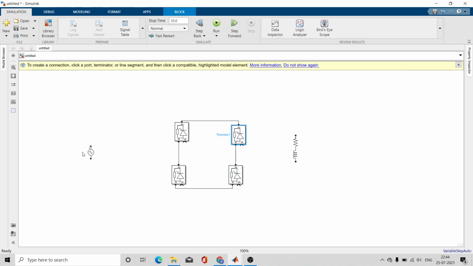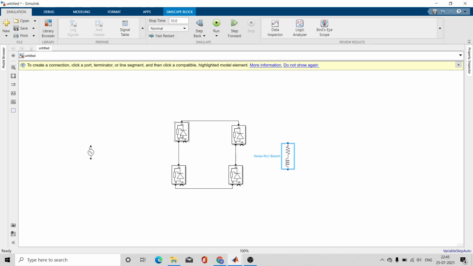Now what we will require is a pulse generator, because these are controlled switches. We are going to control its on by giving it a pulse. Okay, so this pulse generator will give the fire pulses at particular firing angle decided by us.